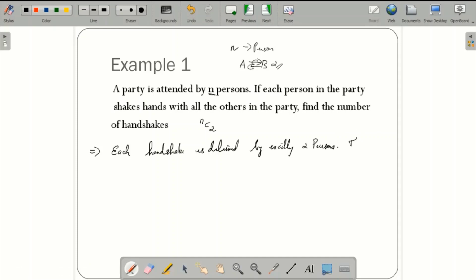Therefore, if each person shakes hands with all the other persons, then the total number of handshakes